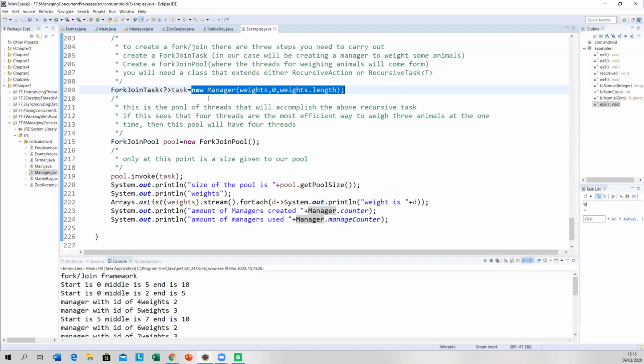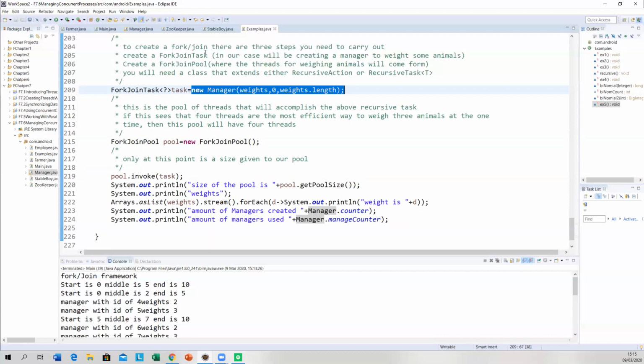Now it keeps creating a new manager until it gets to a manager that has at most 3 weights to weigh. So it keeps creating managers until it creates a manager that is at most weighing 3 animals. Yes? Okay, right.